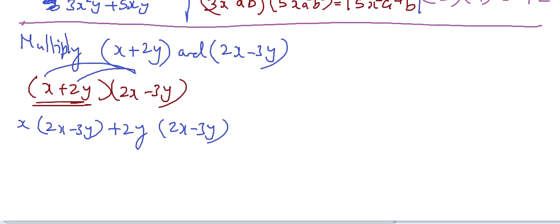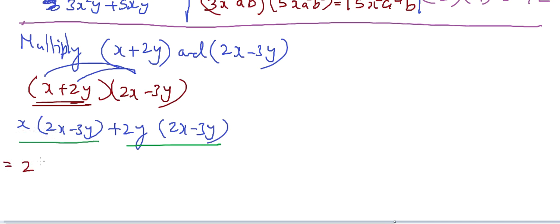Okay, so x into this whole other polynomial, and again 2y into the second polynomial. Understood? Okay, so now let's expand. It's like multiplying a binomial by a monomial here. We already saw how to multiply. You need to multiply each term by x here. Either we can write x into 2x, or we can straight away write, because we know how to multiply now, what is x into 2x? So 2x square.